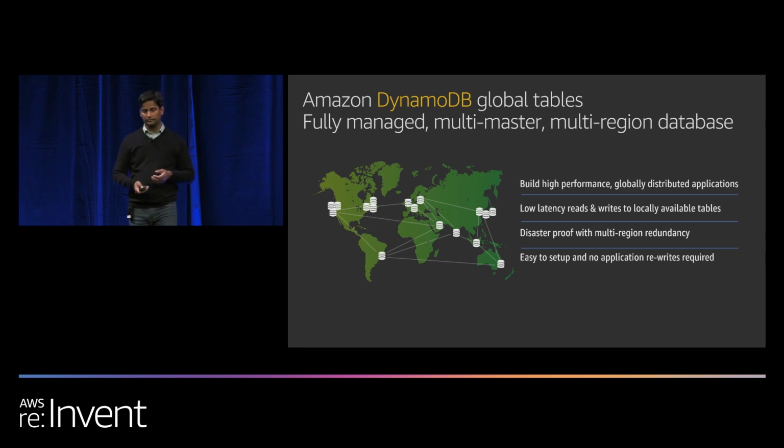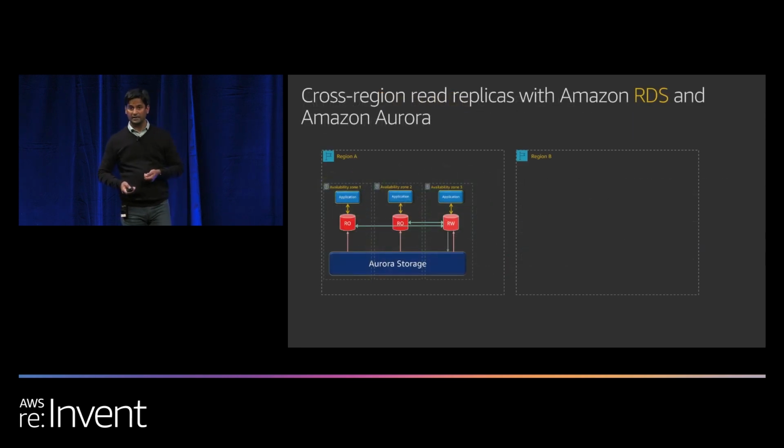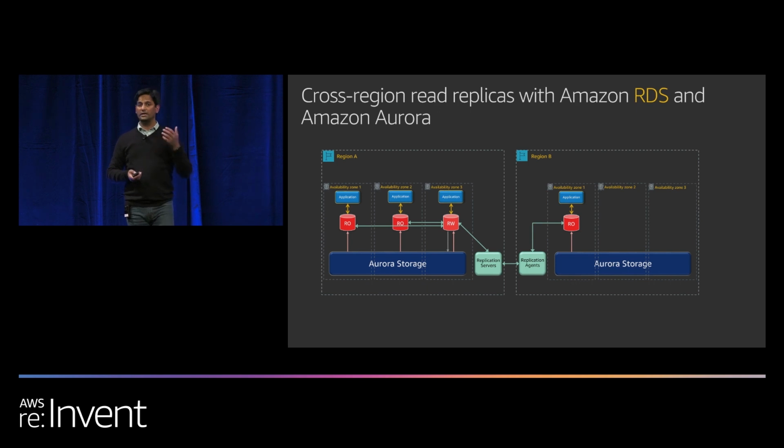to consider. If you are using relational databases and using RDS, say MySQL or Postgres, and you want to do something similar, you don't have today a multi-region, multi-master option. That is something that's in the works. But what you could certainly do is cross-region read replica and make sure you promote your read replica. In the event of the disaster where your primary region goes down, you take your read replica in the other region and promote that to be the new master and reroute all the write traffic to that replicated region. And so that's essentially how you promote.